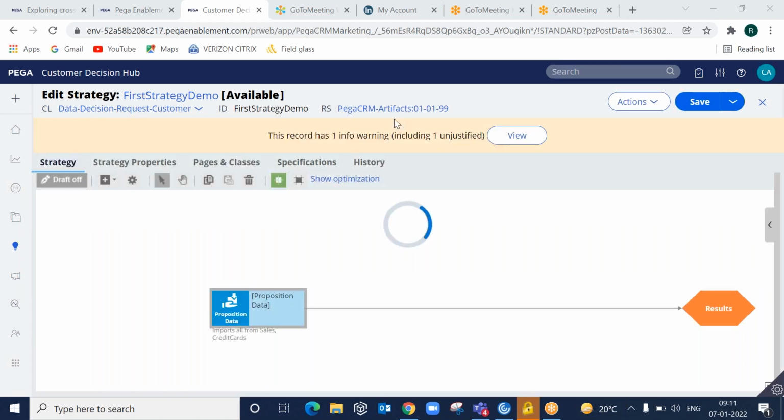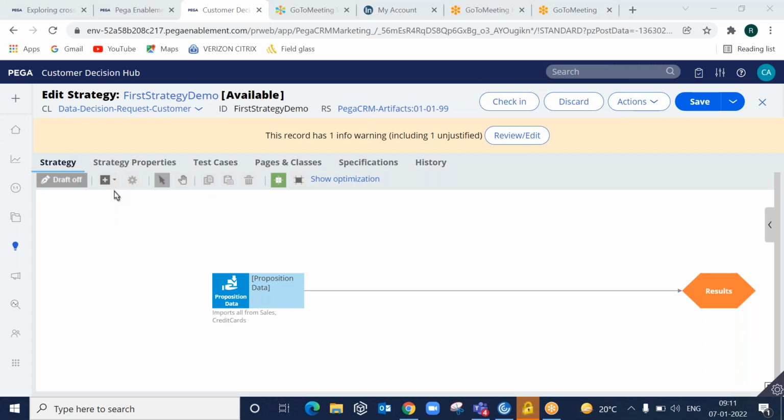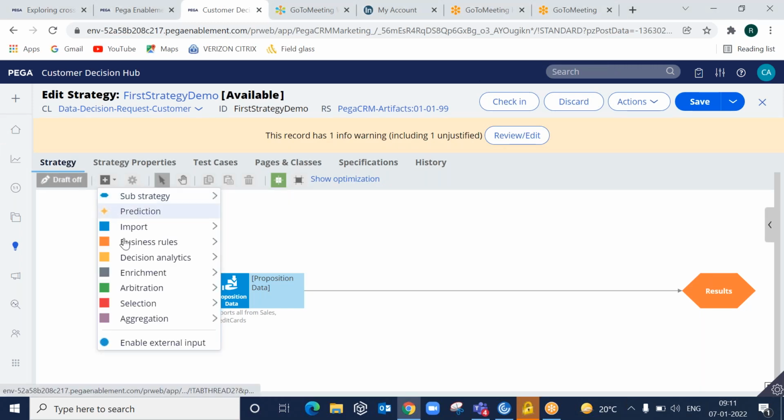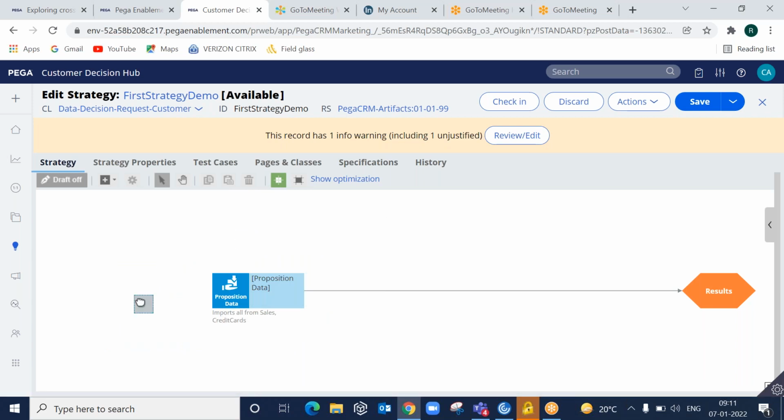So we will see some basic components today, and then once we learn some concepts, we will go for advanced strategy components. There are two ways of adding components to the strategy canvas. One way is by clicking on the plus button, selecting a particular component and adding that to the canvas. The second way of adding a component is by right click.